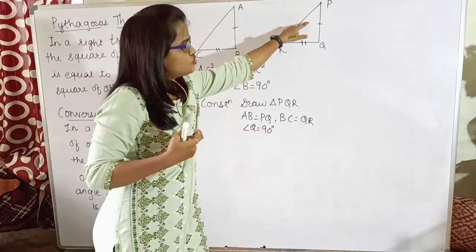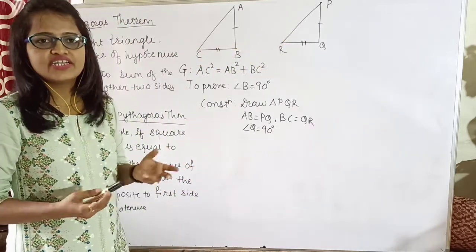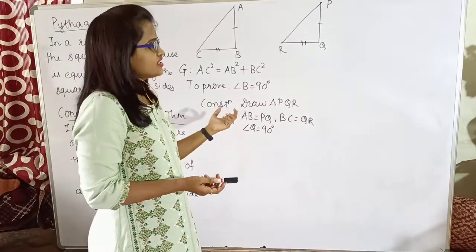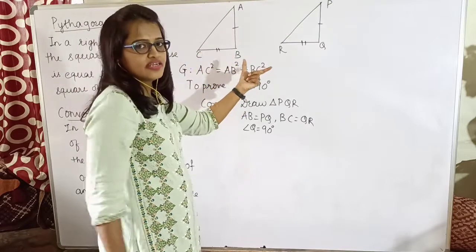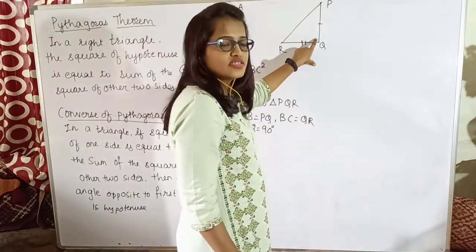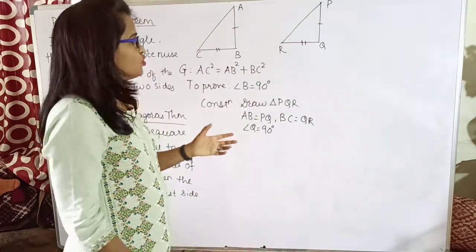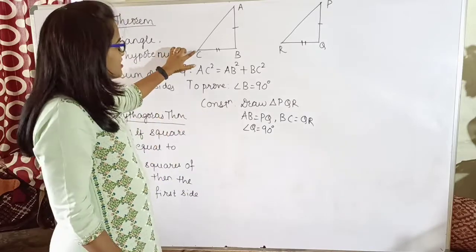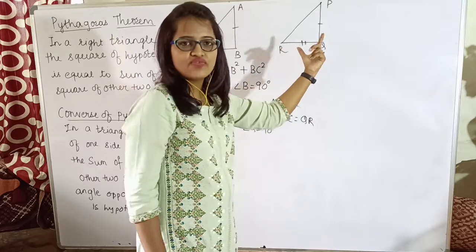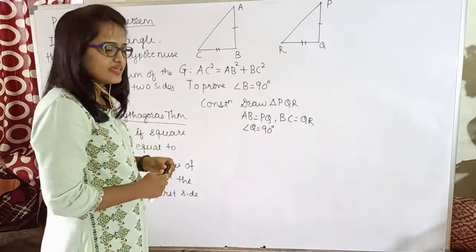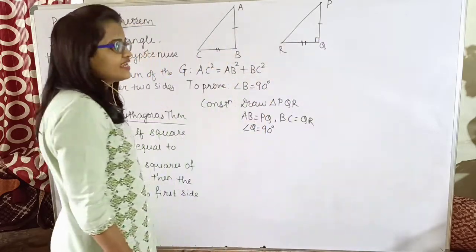Yes, in which these two sides are equal to these respective two sides, and one angle I am taking as 90 degrees. Definitely you can draw. Yes, you can consider this length, draw that length, this length, draw the other length, but whenever you are drawing, just construct a 90 degree angle out here, and then you can join PR. Yes, I don't know whether PR is equal to AC or not. Currently I don't know, but taking two sides as equal to two other sides and taking one angle as 90 degrees, definitely I can draw a triangle like this. So now it means PQR is a right angle triangle.